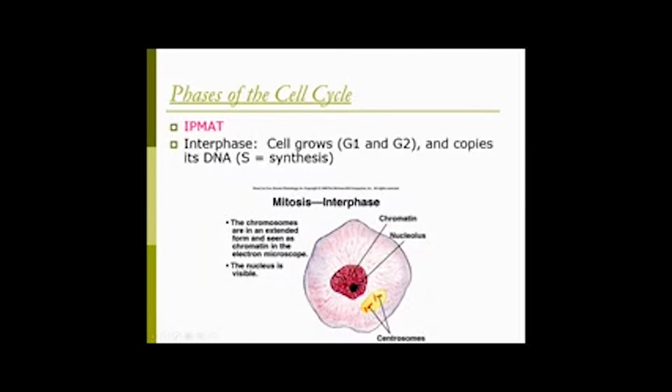The cell grows. There's two parts to that. They call it gap 1 and gap 2. Growth phases is another way to think of it, growth 1 and growth 2. And then the DNA is copied, and they call that synthesis phase. And so this is the cell looks normal. The DNA is just loose as chromatin in there. It is not wound up into chromosomes. That's why it's not really true to say that the DNA is always in the form of chromosomes. The nucleolus is still there, but not too worried about that. But we will talk about the centrosomes. They're going to play a central part in this. And there's going to be some other parts that you might recognize from when we learned about cells.